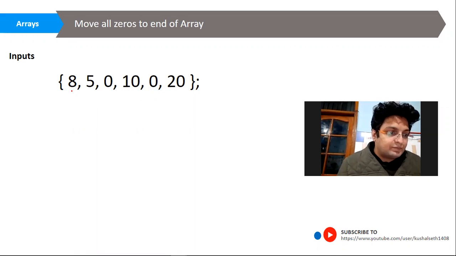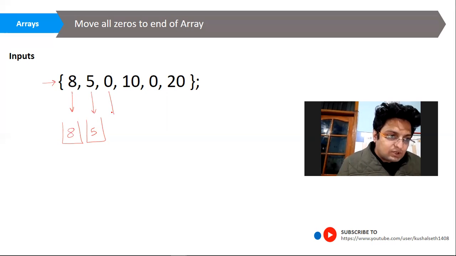So if I give you these as numbers in mathematics, what would your approach be? You would say 8, whatever is there, will remain the same. So 8 will come to the same bucket. Whatever is at 5 will come at the same place. This 0 as well, till here 0 is in a fine place, correct? 0 is not causing us any problem till here.